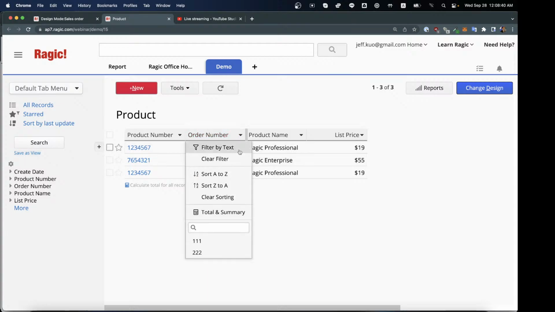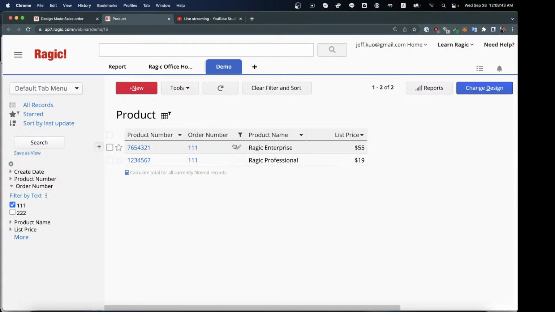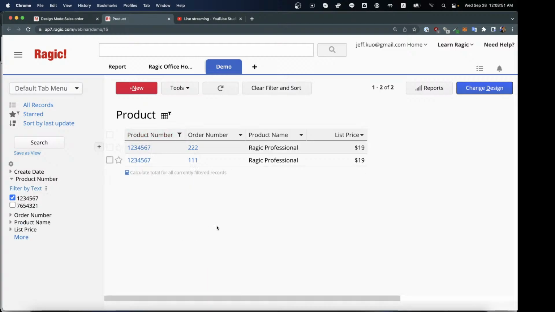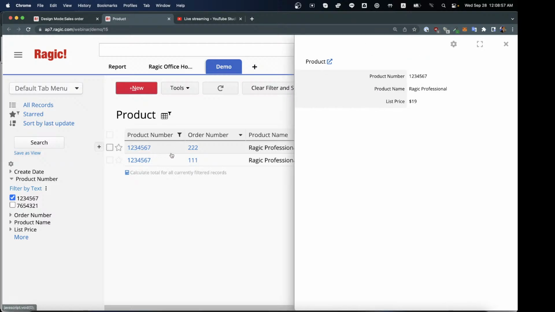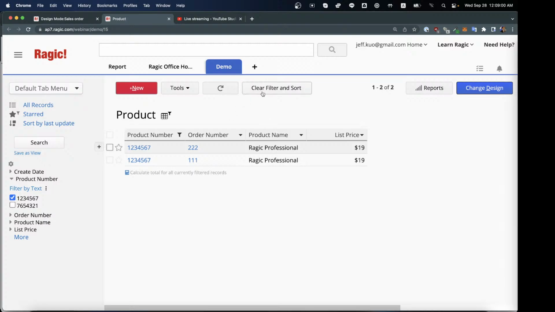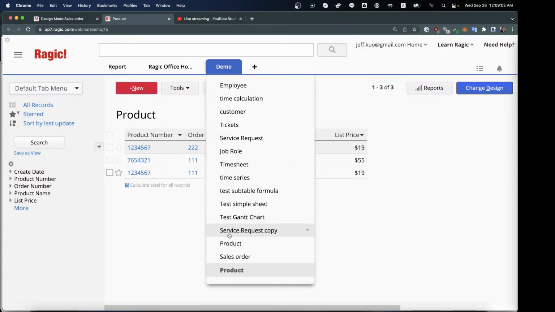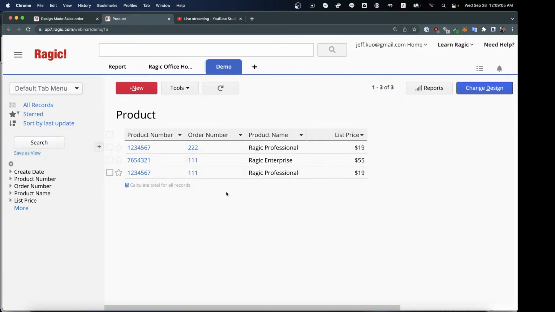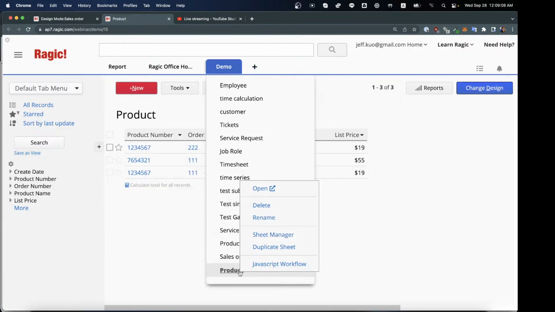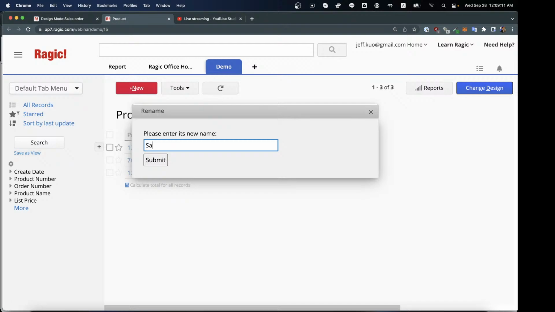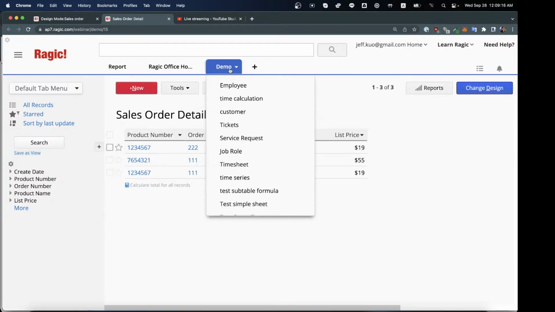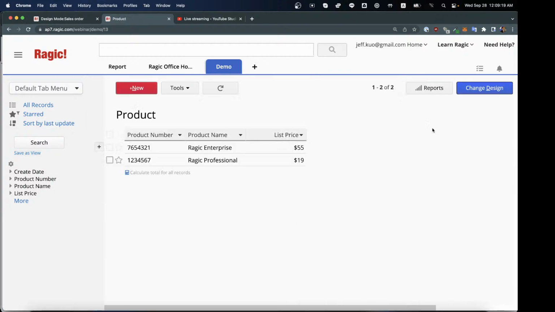So we can even do a query like this to find the items for order 111, or you can do something like this to see the product number 1, 2, 3, 4, 5, 6, 7 and the orders that reference it. But of course, we can add a reference subtable in the product sheet too. This is a sales order detail. Let's rename it to be clear. Sales order detail. Okay. All right,